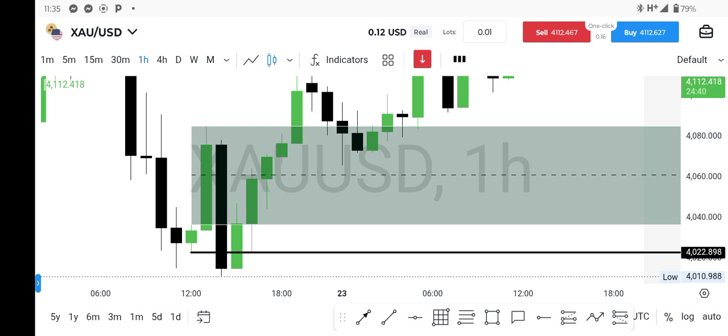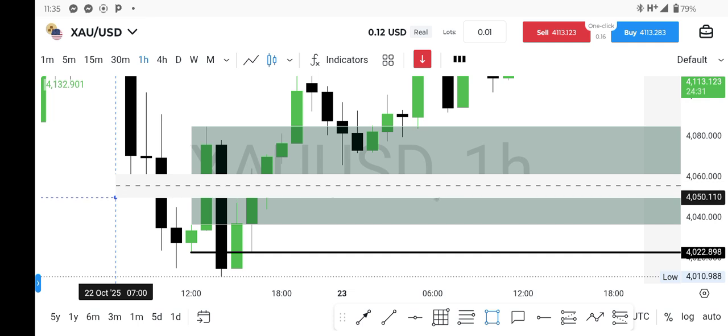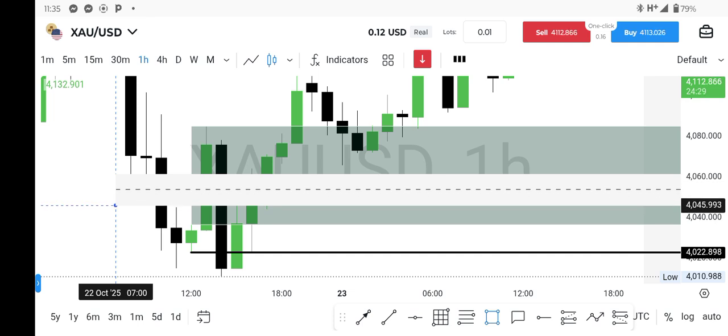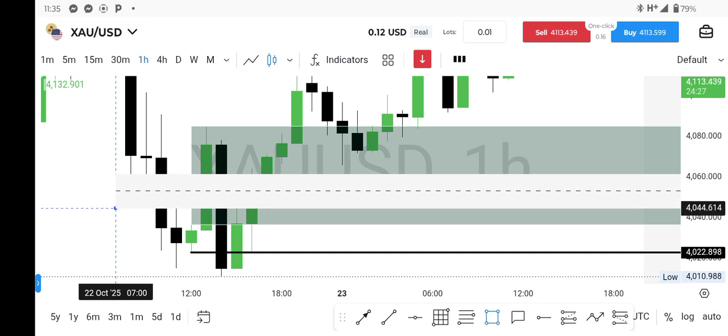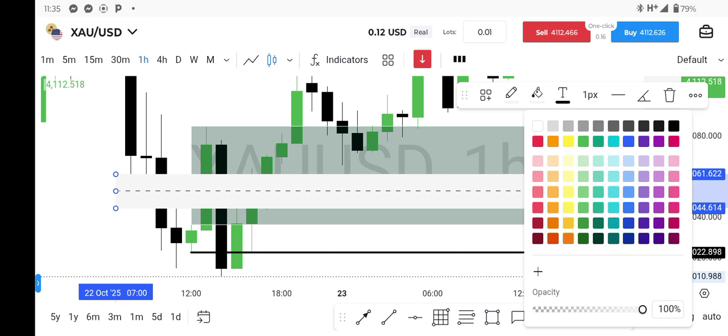We have an inversion fair value gap here, which price has traded through. This fair value gap here. If you see that fair value gap right here,